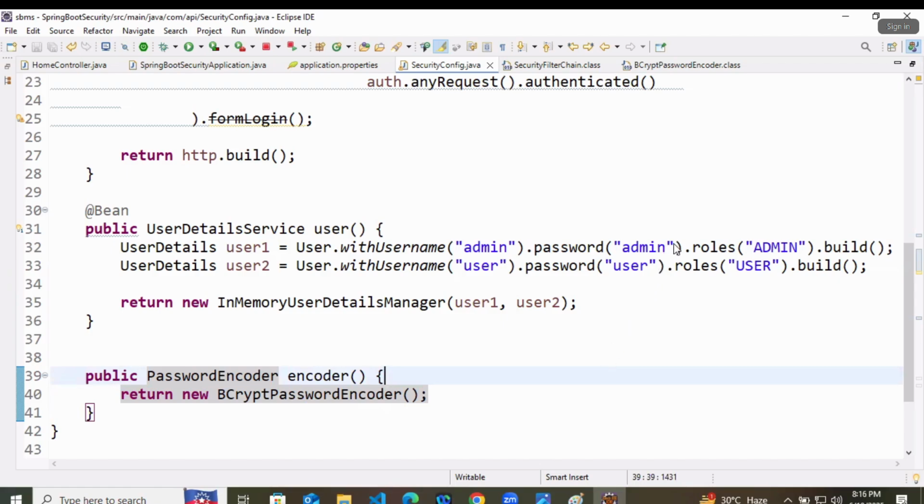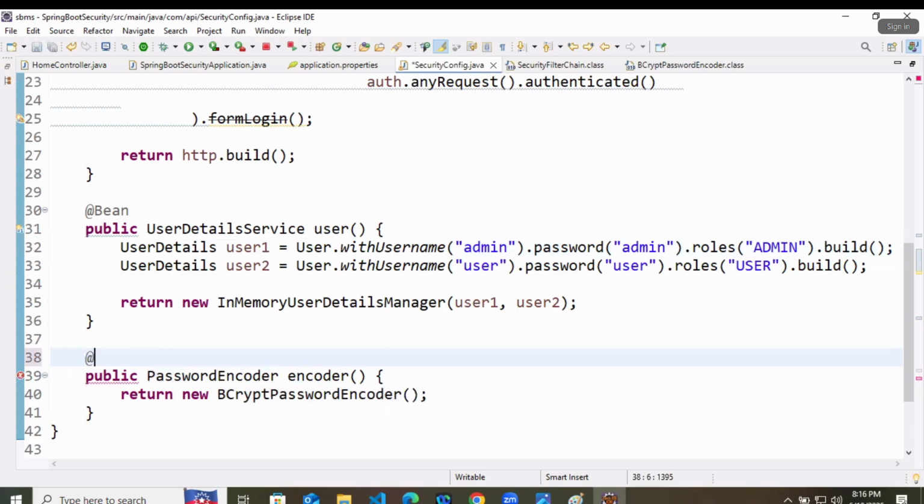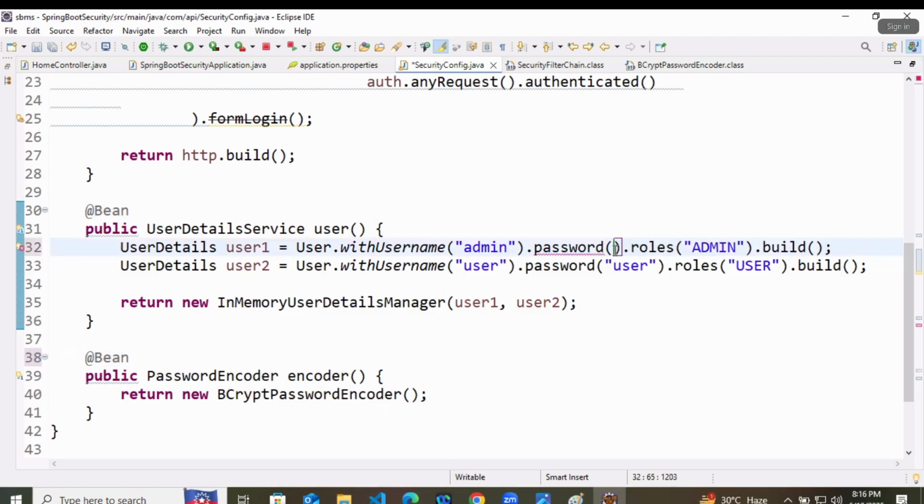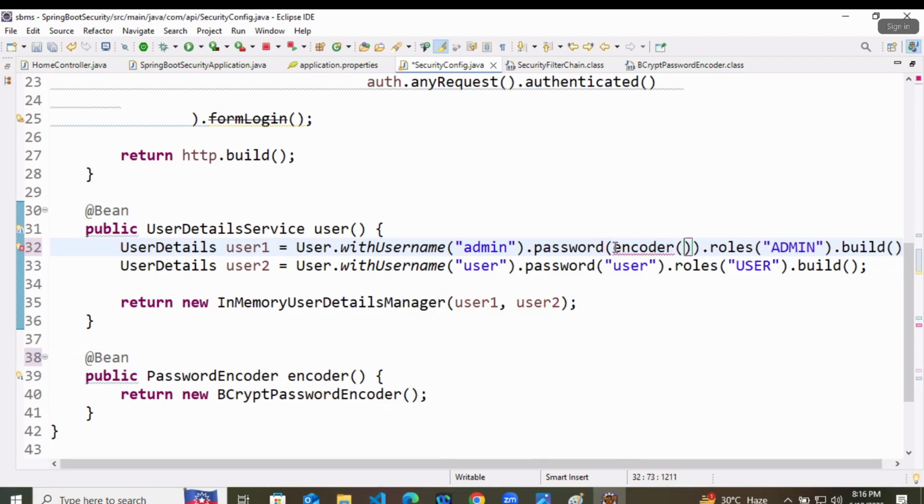How we will use these inside our password? Let's make it a bean also. Whenever you are typing the password directly, don't type it directly. Use the encoder method. So here I will say encoder, and the encoder method is available here.